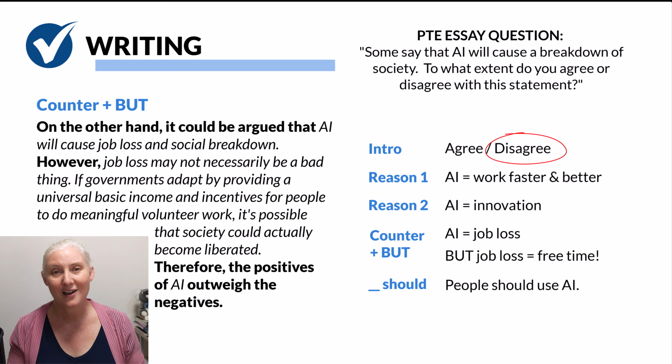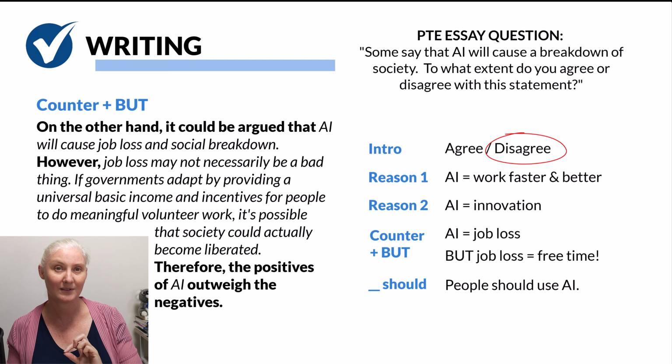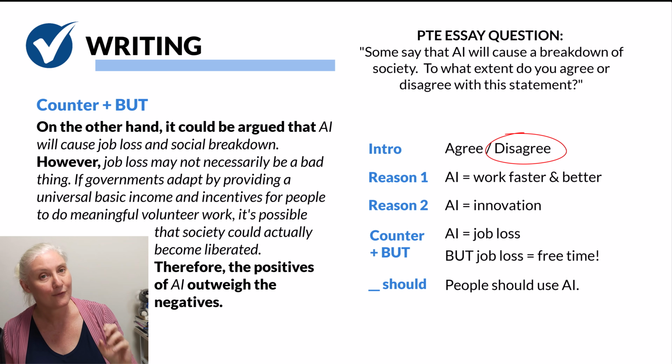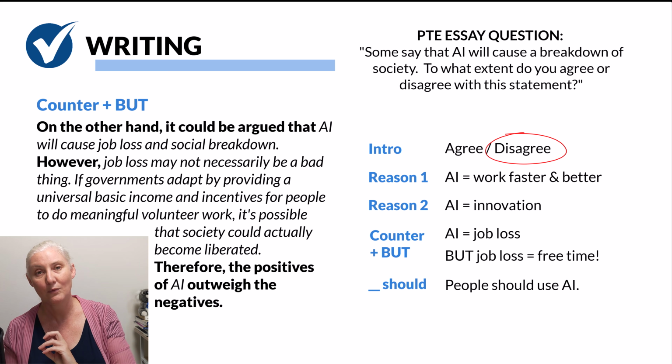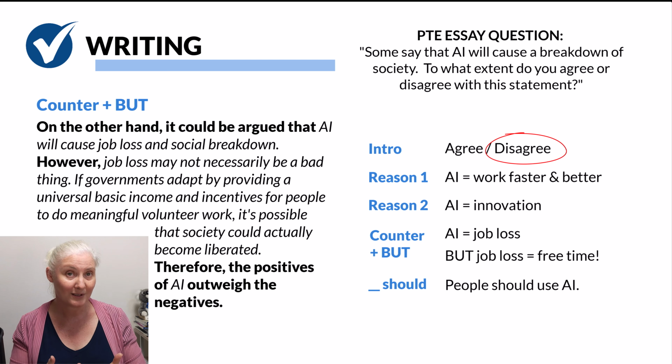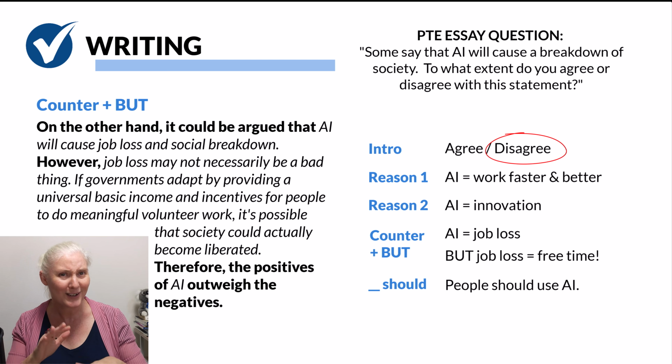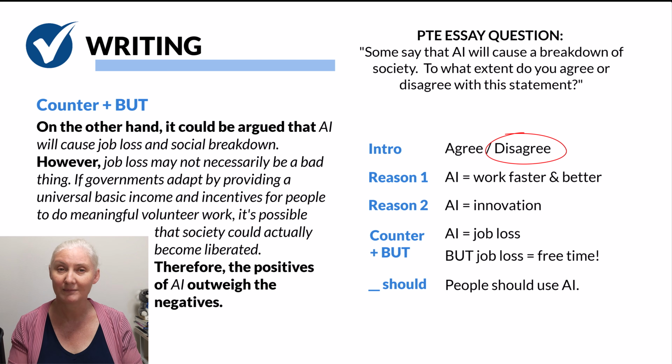So if you can't think of something yourself, you can always just say, however, the positives of AI outweigh the negatives. But if you've got a good argument that's stronger, and then you add, therefore, the positives of AI outweigh the negatives. Okay? Now be careful with that sentence. I'm arguing for the positives of AI, but if I was arguing for the negatives, I'd need to change this to therefore the negatives of AI outweigh the positives. So just adjust based on arguing.